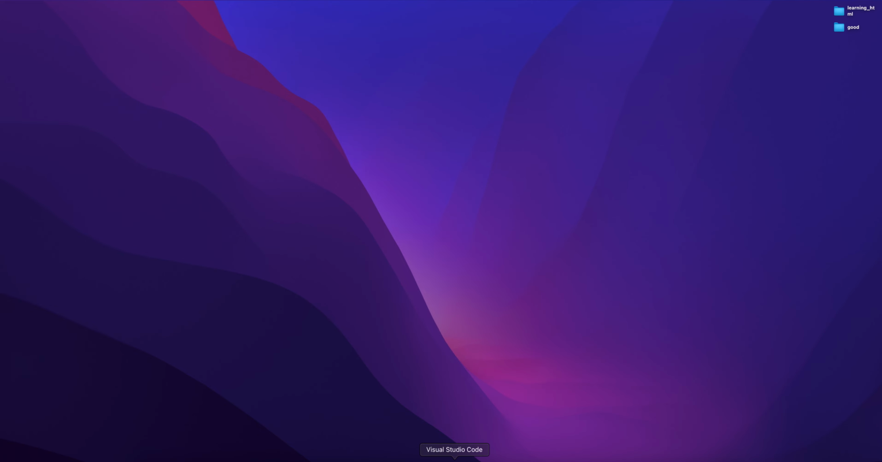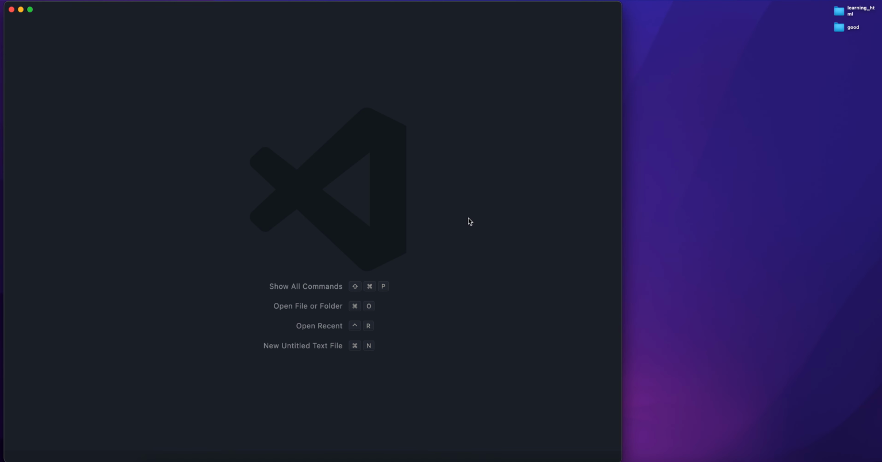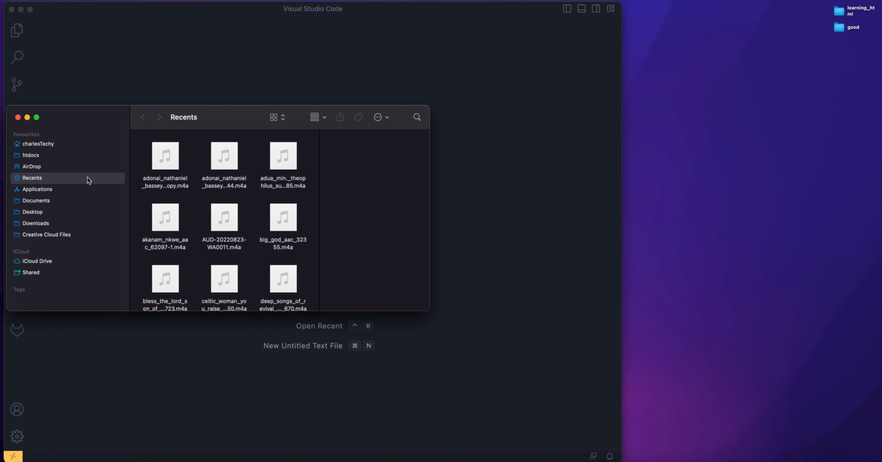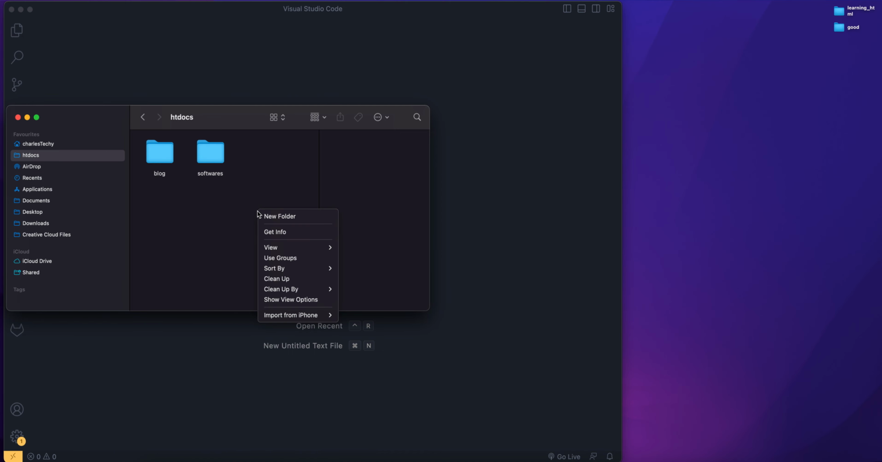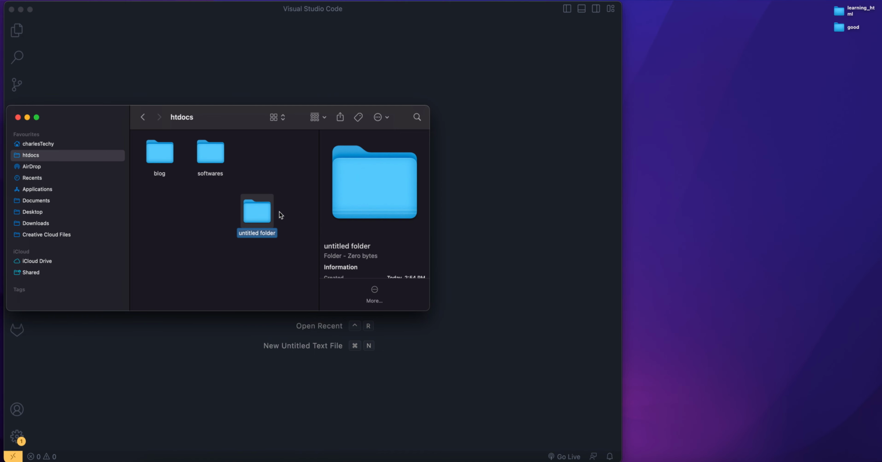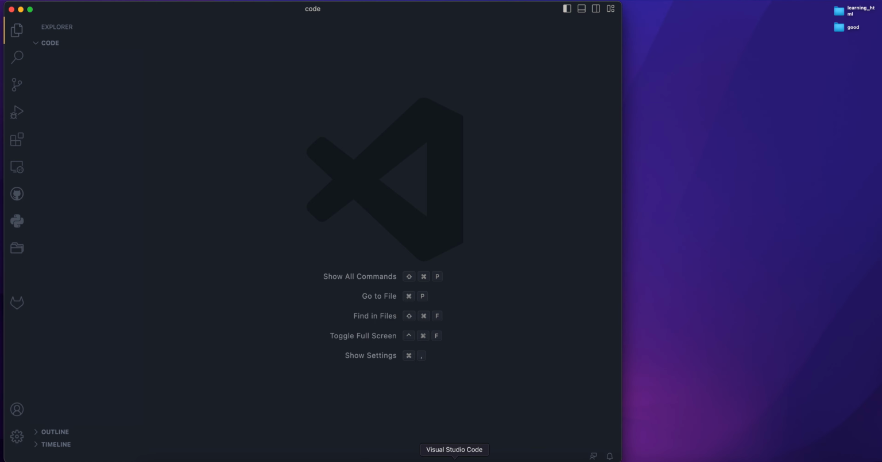Visual Studio is open now, but we need to go and create a folder inside our server. I'm using MAMP. If you are using XAMPP, you can just go to your htdocs. I want to create a new folder here, let's say codes, and I drag it into VS Code. Then I'm going to create, let's say,